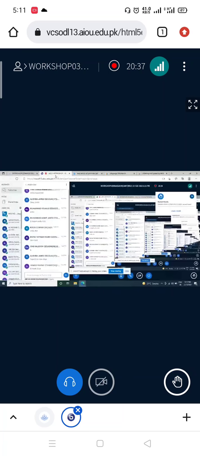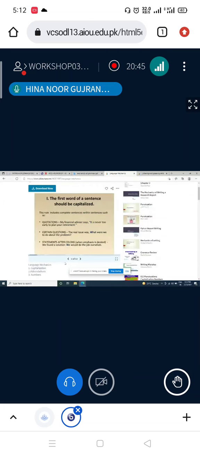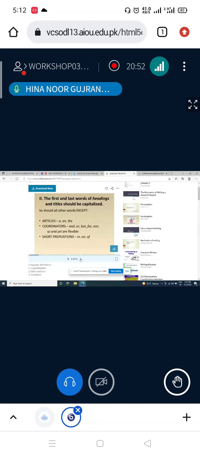Okay जी, now we got done with the capitalization. Okay, now the second rule for capitalization, पहले तो बता दिए कि आपने कहाँ कहाँ big letters आपने यूज करनी है. Now the second rule for capitalization is the first and the last word of headings and titles they should be capitalized. कि पहला और जो last word होता है, ठीक है, title का, they should be capitalized, उसको आपने capitalize करना होता है. Like articles जितने भी हैं, a